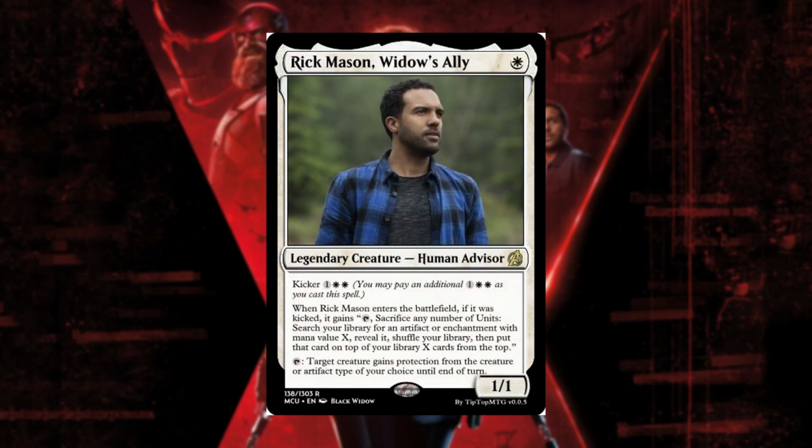Next, we have Rick Mason, Widow's Ally. It is a white four-drop legendary creature, Human Advisor, and we're going to ignore all the kicker stuff, with the ability to tap and target creature gains protection from the creature or artifact type of your choice until end of turn. So not as powerful as a lot of protection effects, but it will help with getting through against your opponent. For instance, if they have a bunch of humans, you can say, oh, well, now I have protection from humans, and so now only non-humans can block the creature,